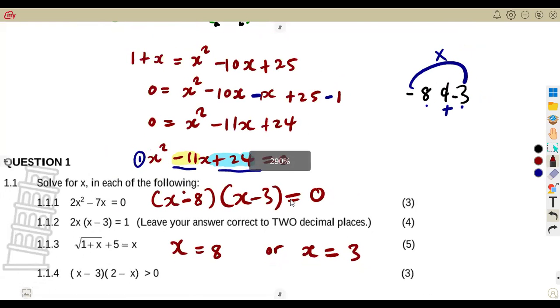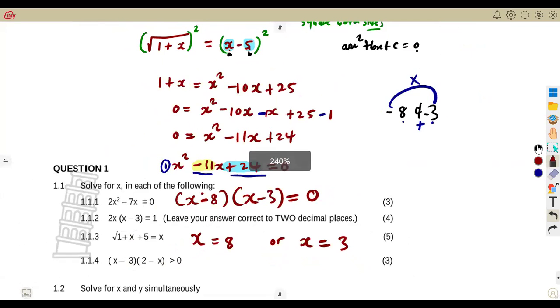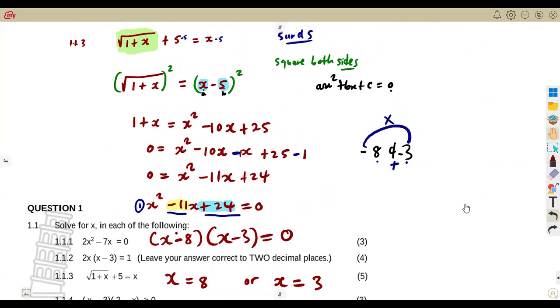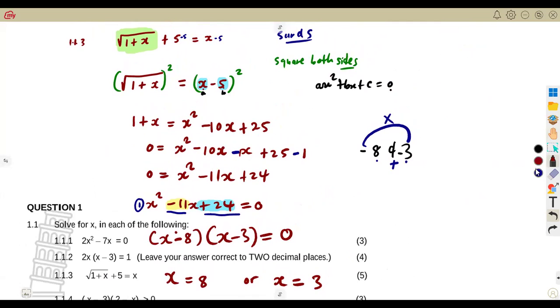So this is what you will have by using your factorization. I want you to use the quadratic formula and prove that you will have the same answers. But remember, this is a